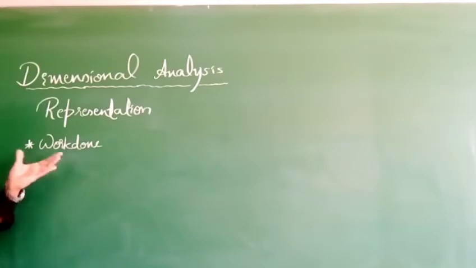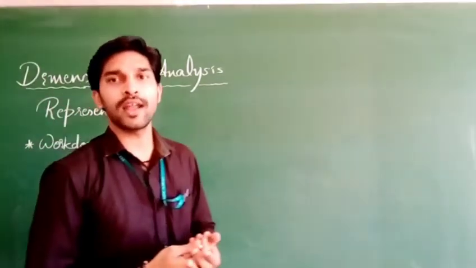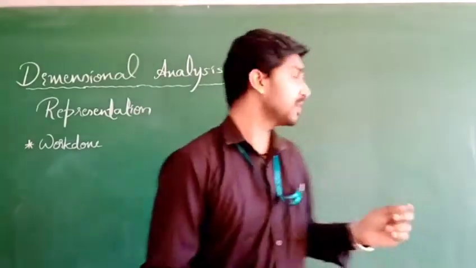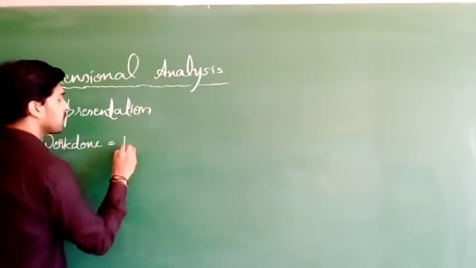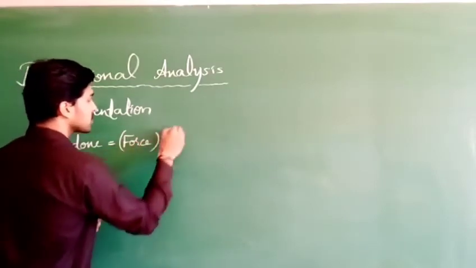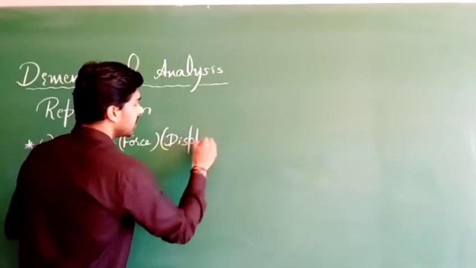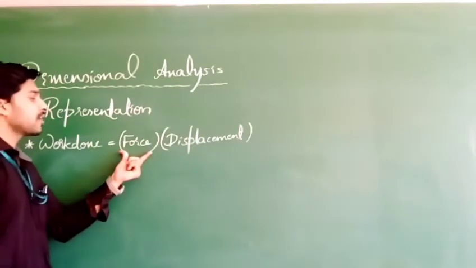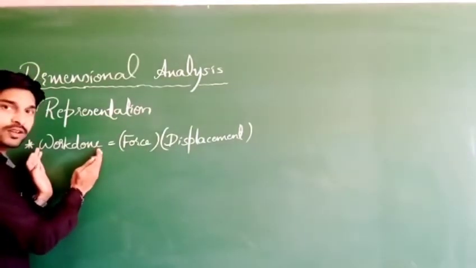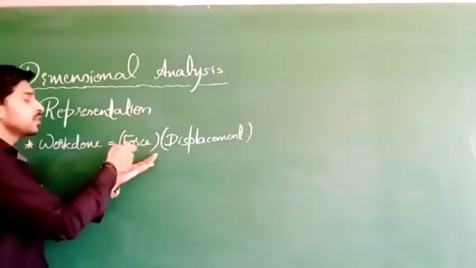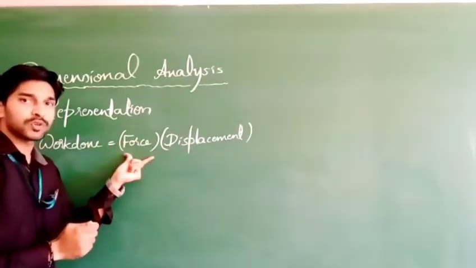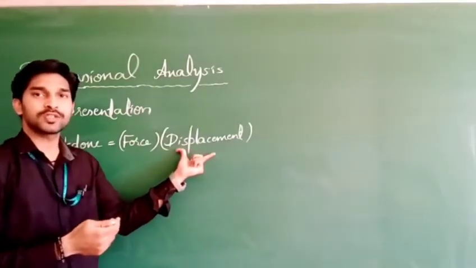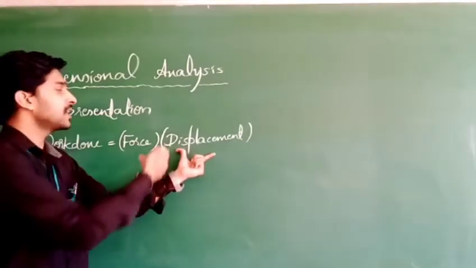Work done. So what is work done by a body? When can we tell that we are doing some work, correct? Whenever we are going to apply some force, work done is given by nothing but what? Force into displacement. Now we should write a dimensional formula for work done. Then you should first calculate the dimensional formula for force. Then displacement, it is nothing but what? That is nothing but the shortest distance from initial position to final position. That is nothing but length.